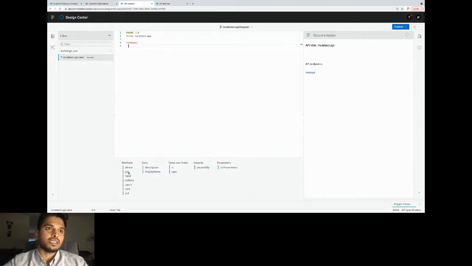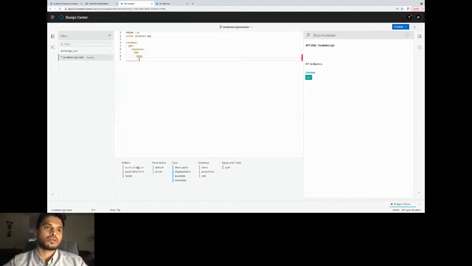And it has a get method, and the body would be application/json, and also responses 200. So I would focus mostly on what my assigned task is rather than importing and doing all the